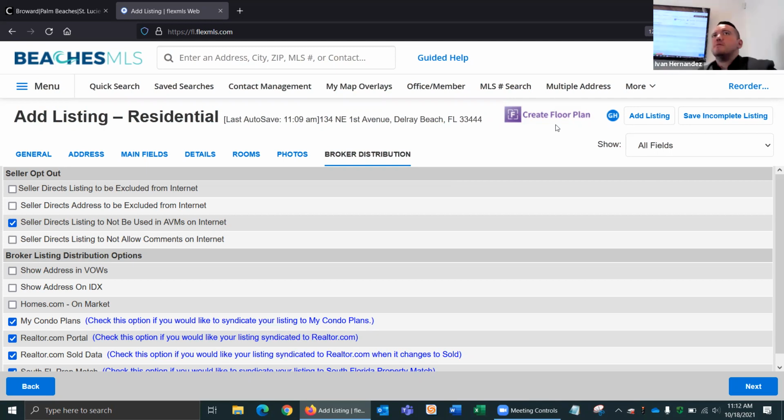And the way that it works is that once you sign up for the floor plan, you download an app. It'll guide you through it. And then what you do is you just take pictures of each room, and then it will go ahead and do the floor plans based on the pictures that you take. So that's something else that you can present to your seller. Honestly, for $12, we do worse things with $12 than maybe invest it in our own listing. So